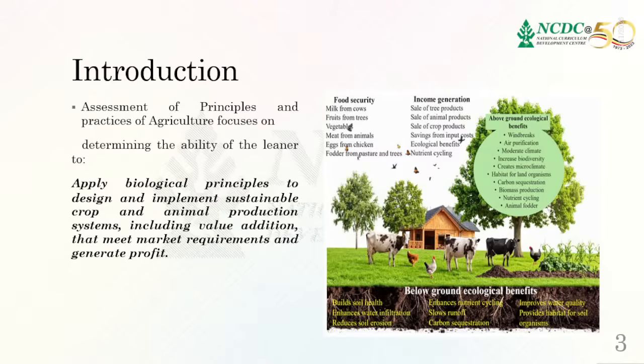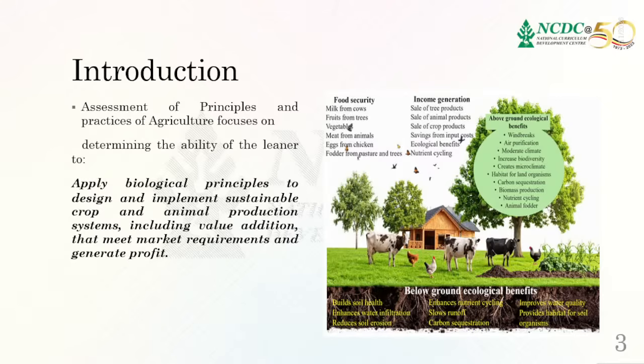And this is more so in crop production, where we have nutrient recycling, slowing runoff, and carbon sequestration, and all the others. Then where we have the animals and the crops, we would wish to see them thriving,